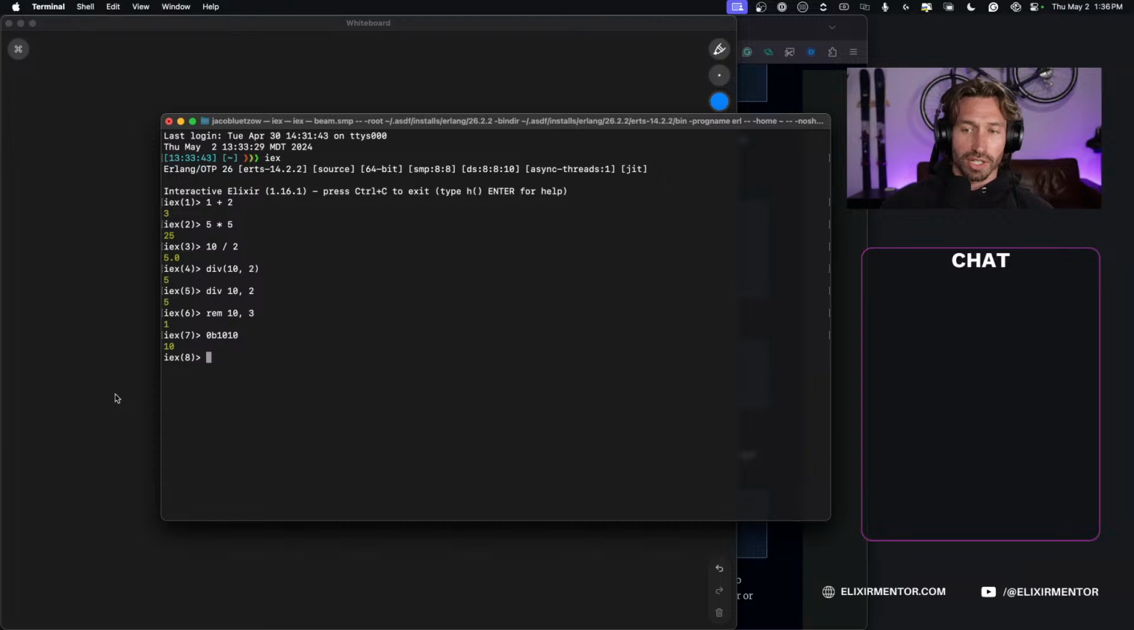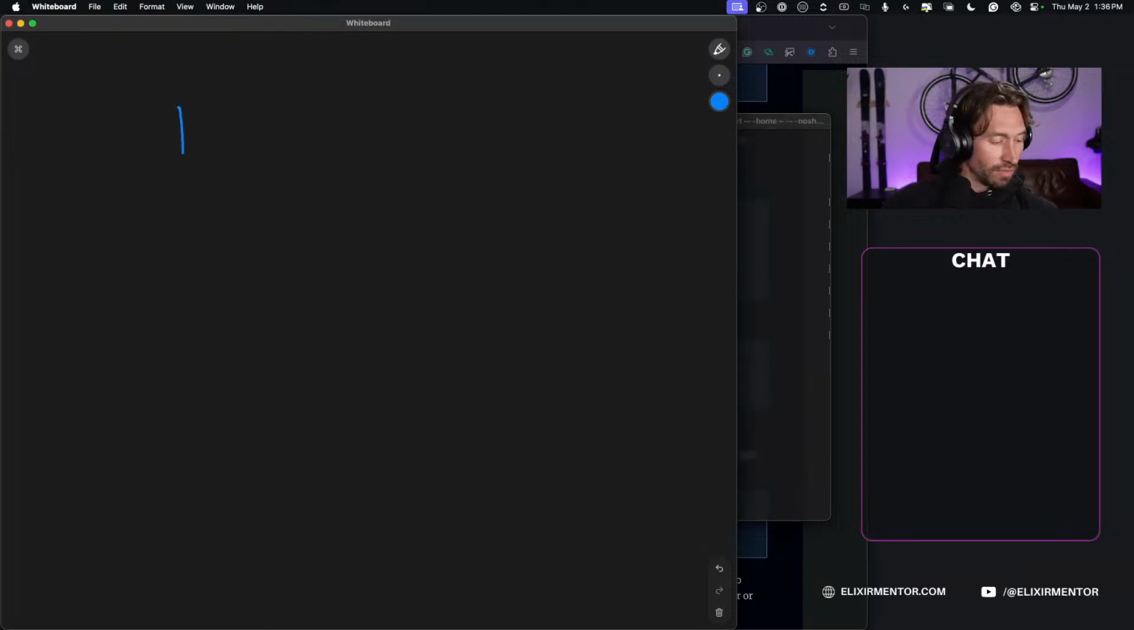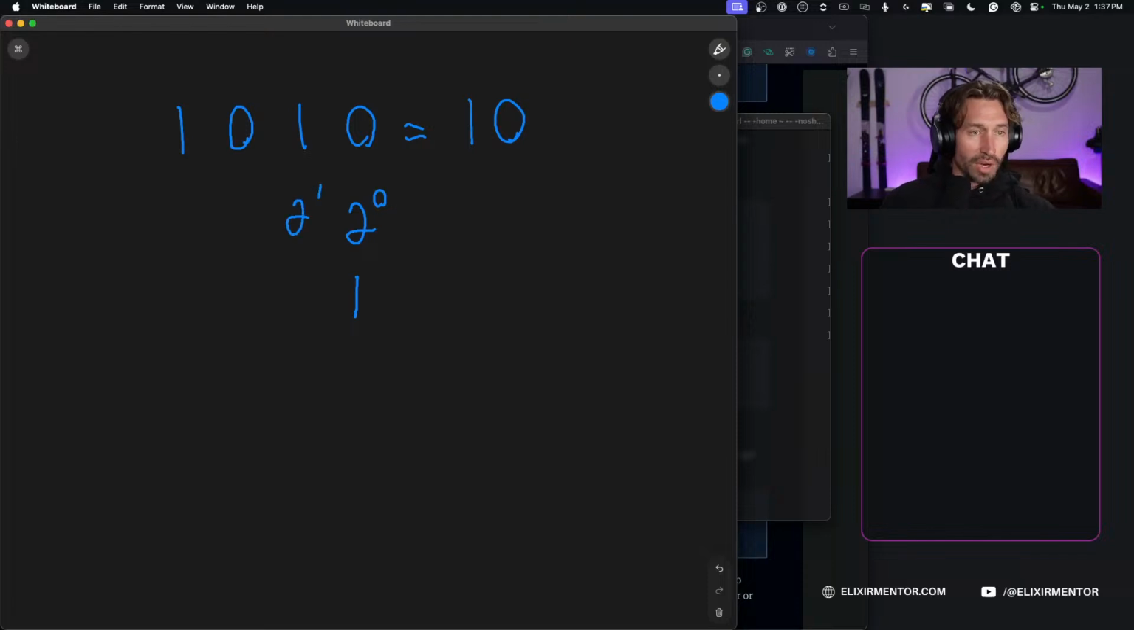So if we have 1010, which is 10, this is equal to the integer 10. When it's base 2, the way to look at this is you have 2 to the 0 power, which is a value of 1. Then 2 to the 1 power is the value of 2, and it goes on and on. So 2 to the 2nd power, you get 4. And then 2 to the 3rd power